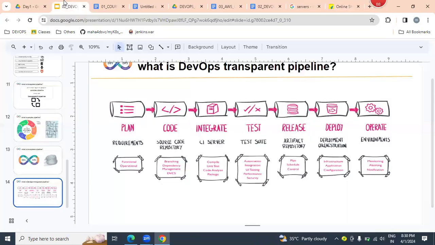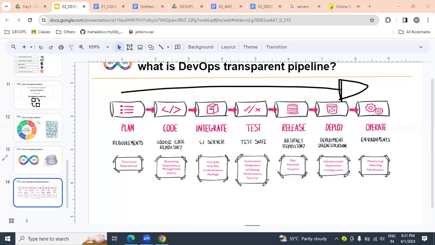This entire process, what do you call it? The DevOps transparent pipeline.